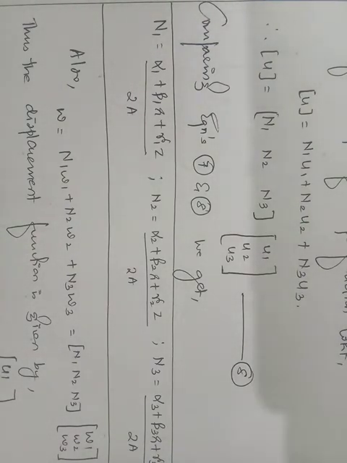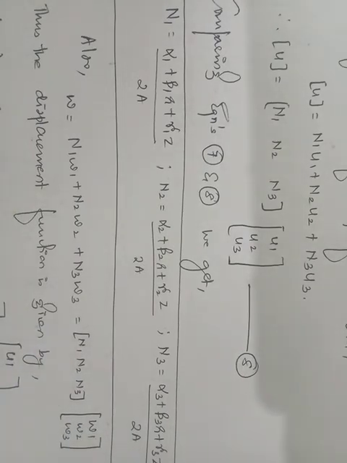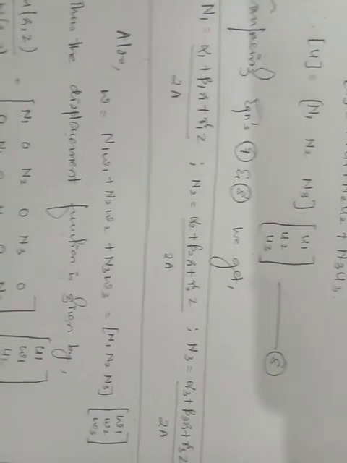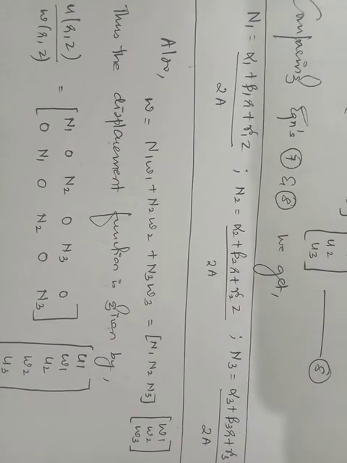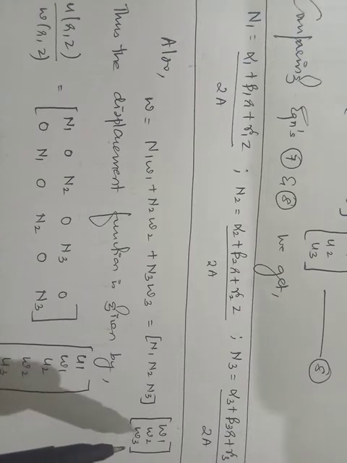So at times the next step is not mandatory. You can wind up your derivation at this particular point itself. Now the next step is just for your reference and which you should know. Okay, next also w is n1 w1 plus n2 w2 plus n3 w3. Once again the general form of shape function. Expressing it in matrix form, you will be getting it as n1 n2 n3, w1 w2 w3.